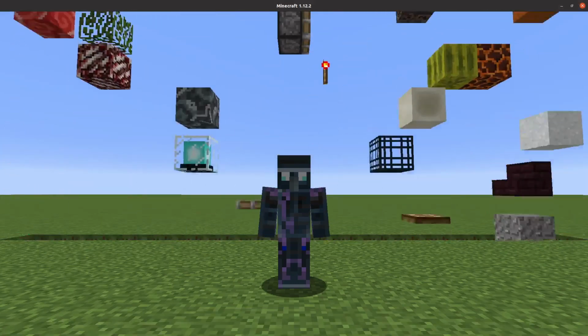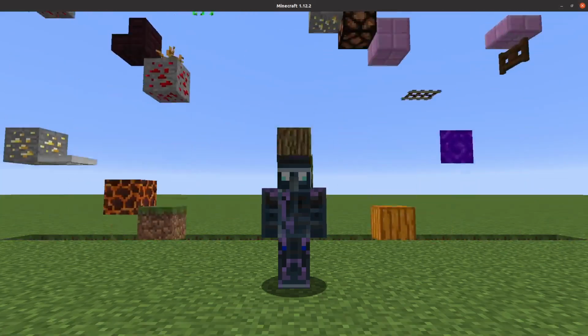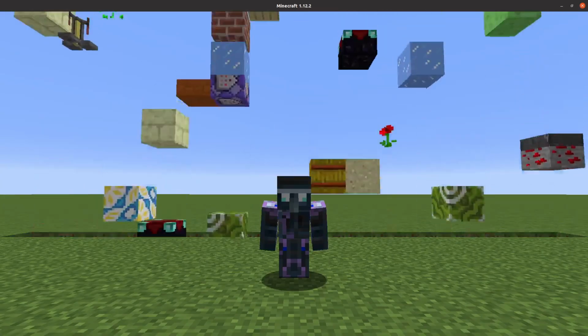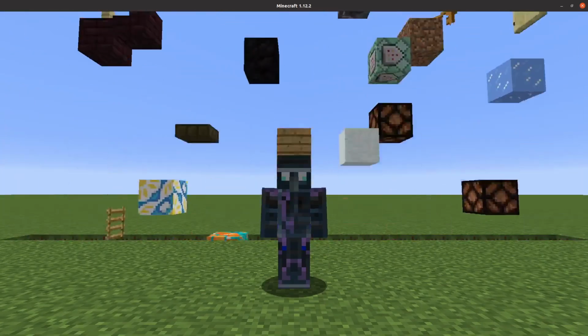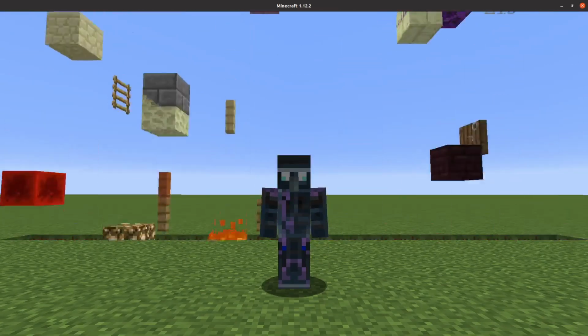Hi, it's Earthcomputer, and today I want to show you how some magic works. What you see behind me is falling blocks of any item, and I'm going to be showing you how you